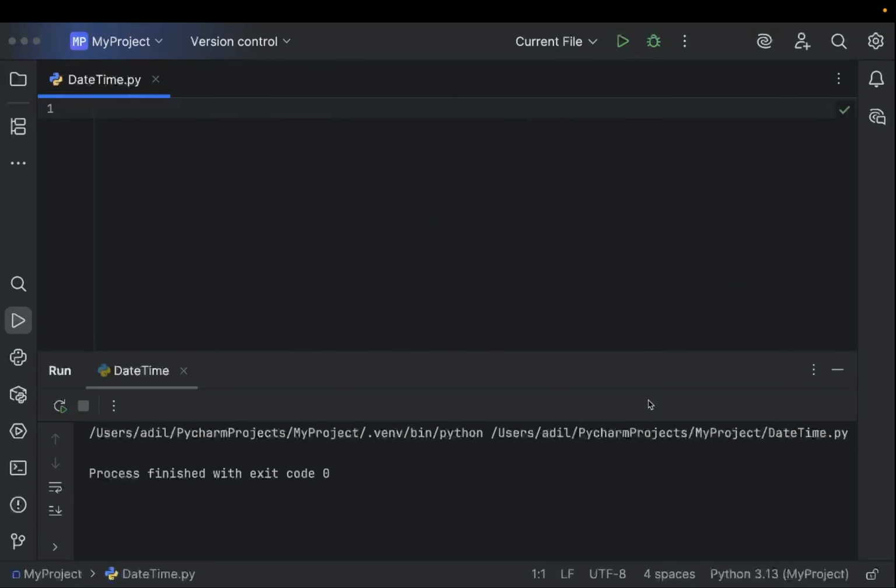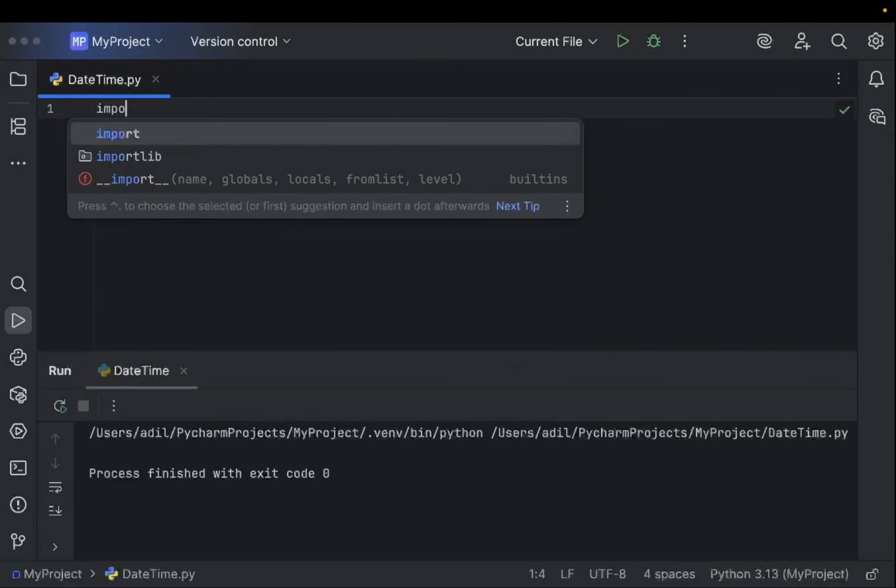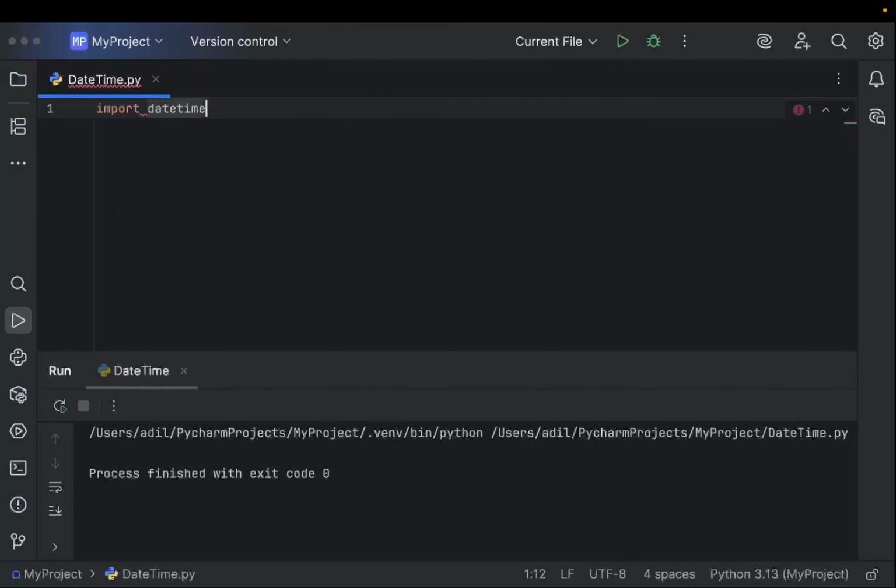Now let's explore the datetime module in Python, which helps you work with dates, times, and timestamps. It is great for logging, reports, or time-based actions. So to work with datetime, first we have to import the datetime module, okay? And this gives you access to powerful tools like